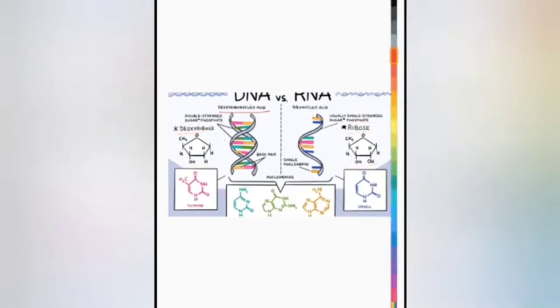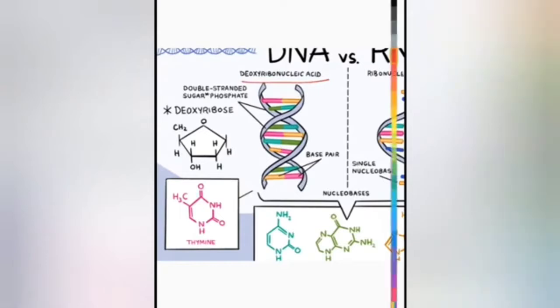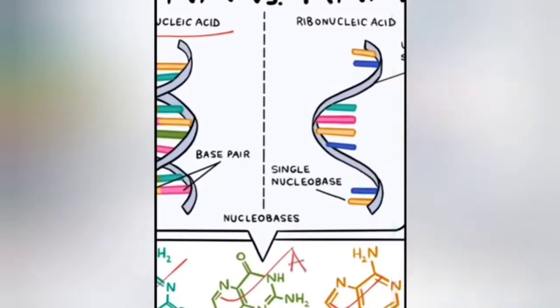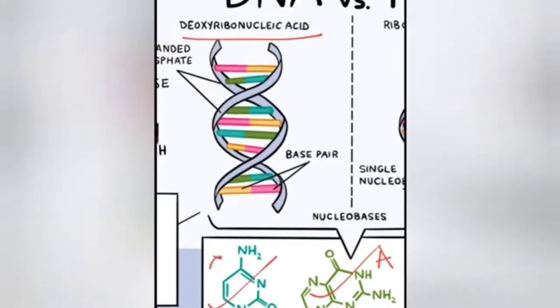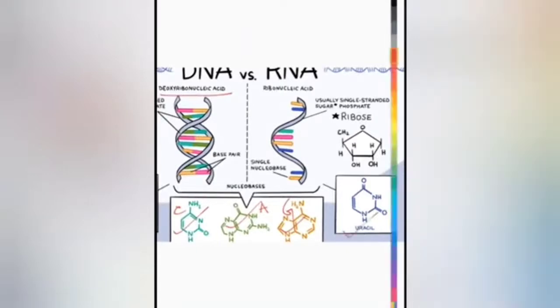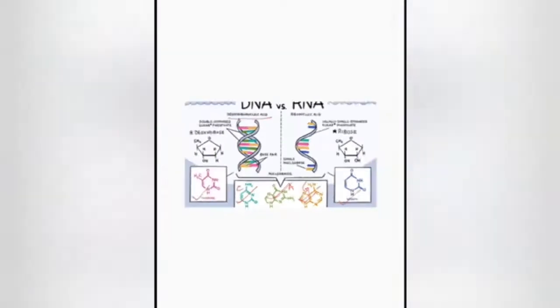And the next difference, which we have already discussed, is the nitrogenous bases. In case of DNA, the nitrogenous bases are thymine, adenine, guanine, and cytosine. Okay, the names are below; it is not written here. This one is adenine, this one is guanine, and this one is cytosine. And in case of RNA, the nitrogenous bases are uracil, and these three are the same: cytosine, adenine, and guanine. Okay.